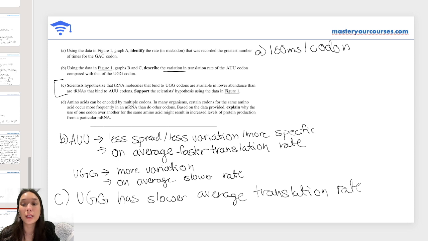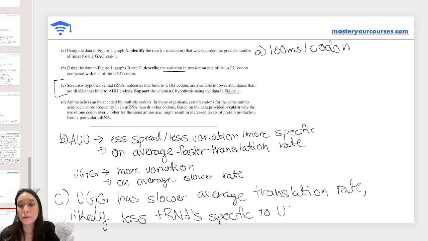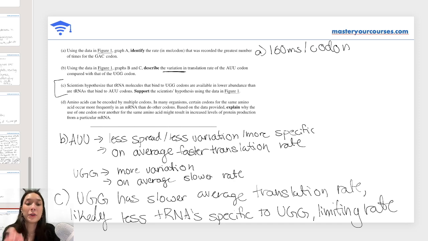And so since the translation rate is slower, it's likely that there are fewer tRNAs specific to UGG, limiting the rate. Okay. So you really just had to justify the fact that in figure 1, you can see that UGG is slower, and UGG being slower does make sense if it does have a lower abundance of tRNAs, right? It's going to take longer to find the right tRNA and bring it over, which is going to slow down